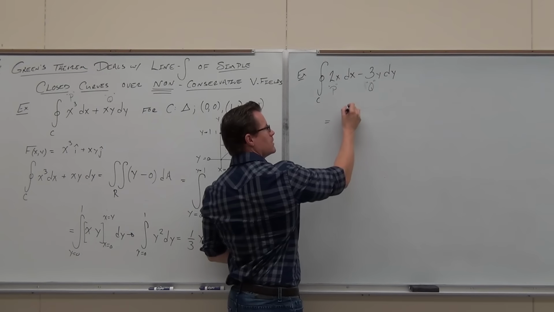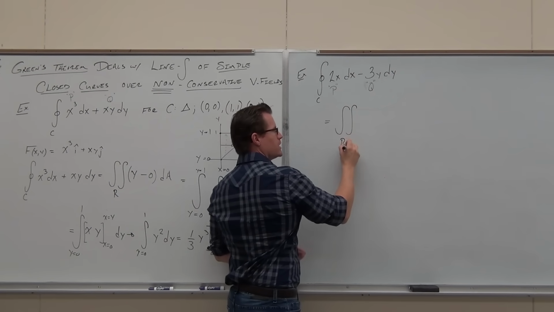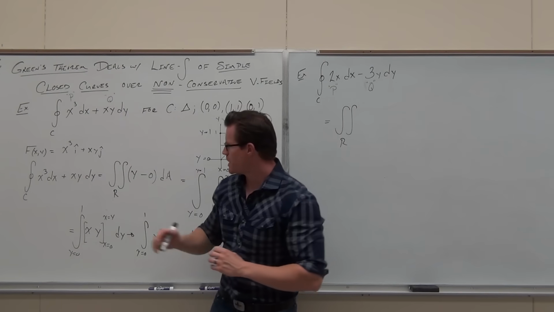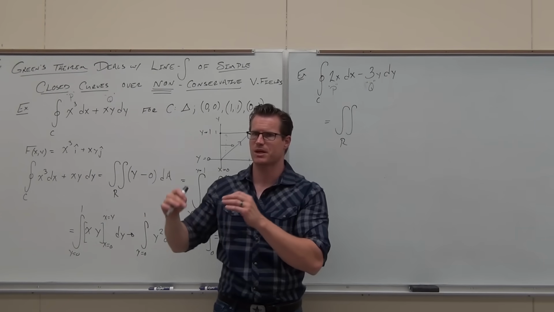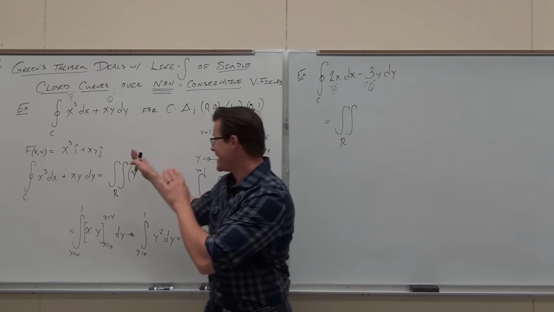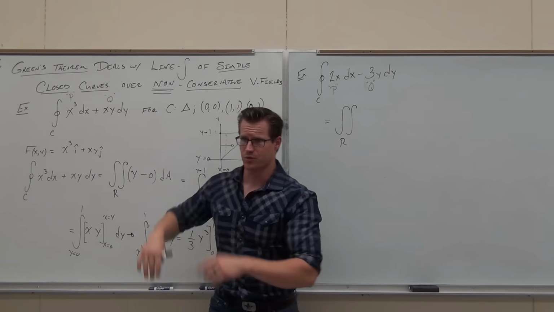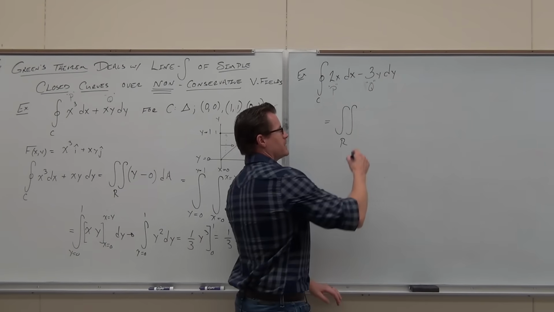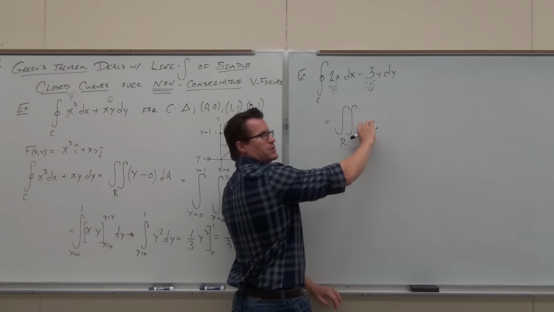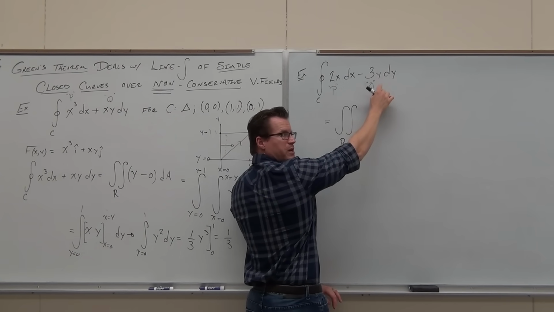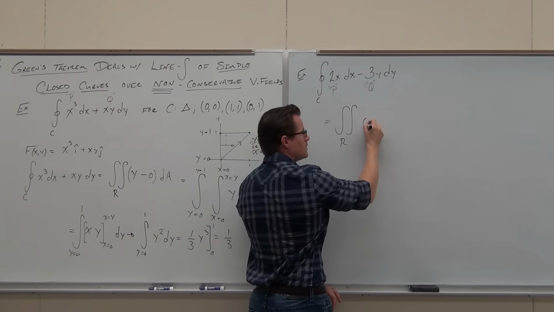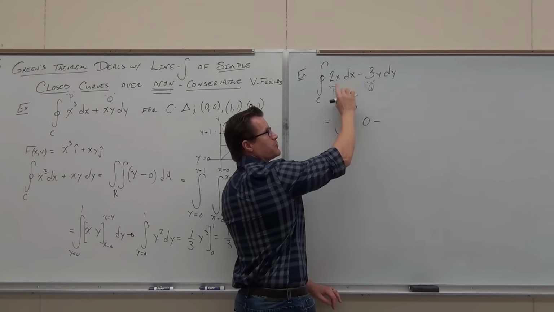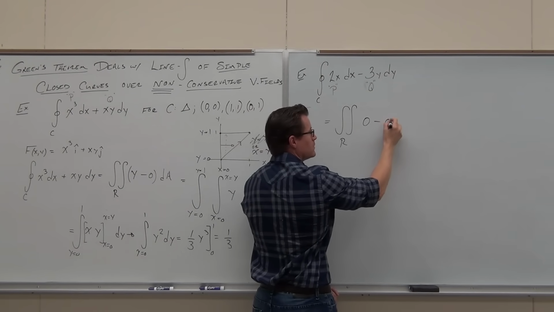So this would equal a double integral over region. Don't ever skip the step. Do not go directly to identifying the region, because sometimes you can save yourself a lot of time by just identifying this and then working on your region. I would find the partial derivative of Q with respect to, I would find the partial derivative of P with respect to,